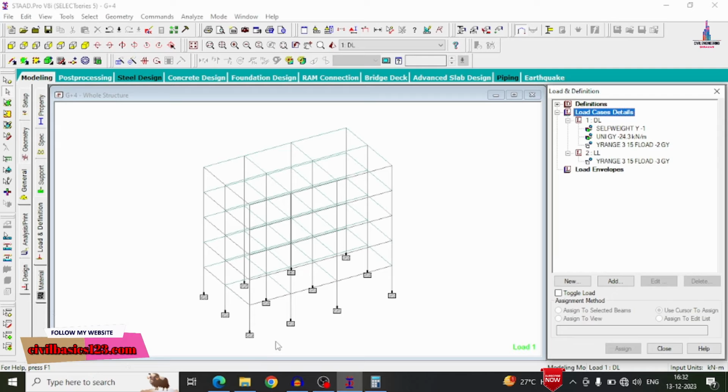Now our next task is to add the load combination. You can add the load combinations if you have considered different types of load combinations according to the manual method also. Otherwise, if you don't have any manual load combination, you can directly add with the program calculated. Further, select the load cases and details.